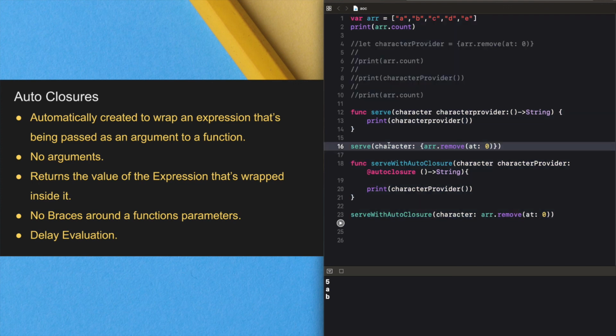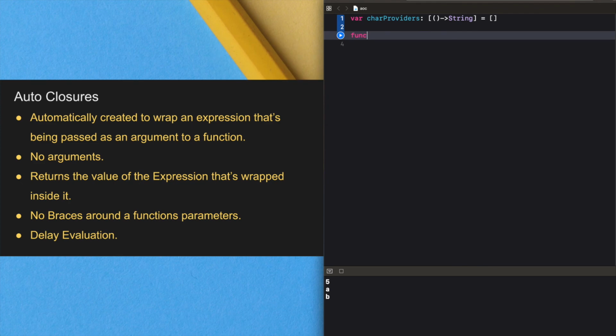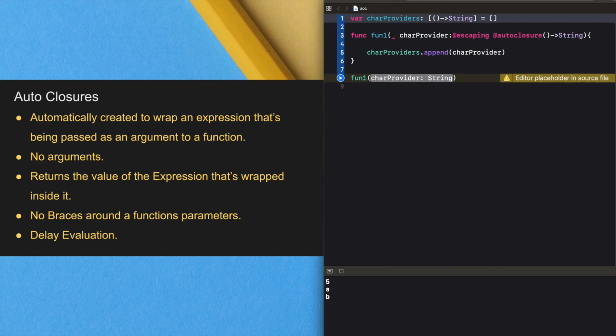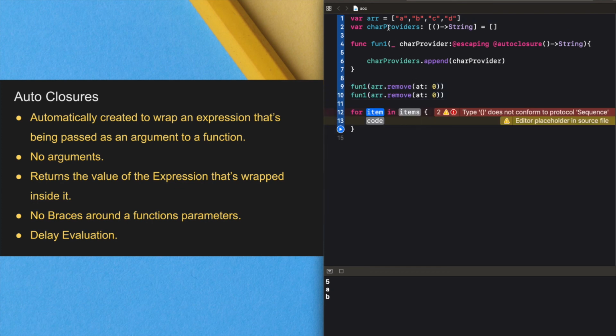If you want an autoclosure that is allowed to escape, use both the autoclosure and escaping attributes. Let's take a small example. We're going to loop over this character provider.